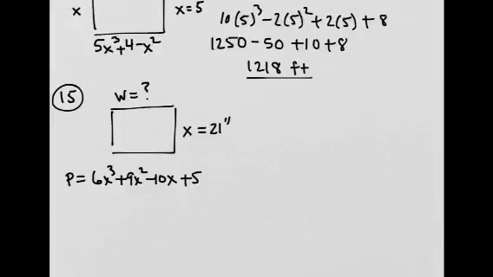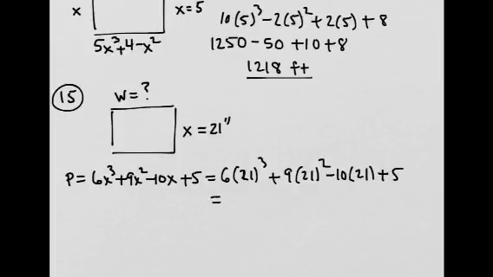Alright, for 15, since they tell you that x is 21 inches because that is the length, okay, length of x, and then they say the length is 21 inches, I'm going to replace the x with 21. So the perimeter would be 6 times 21 to the third plus 9 times 21 squared minus 10 times 21 plus 5. So 21 cubed